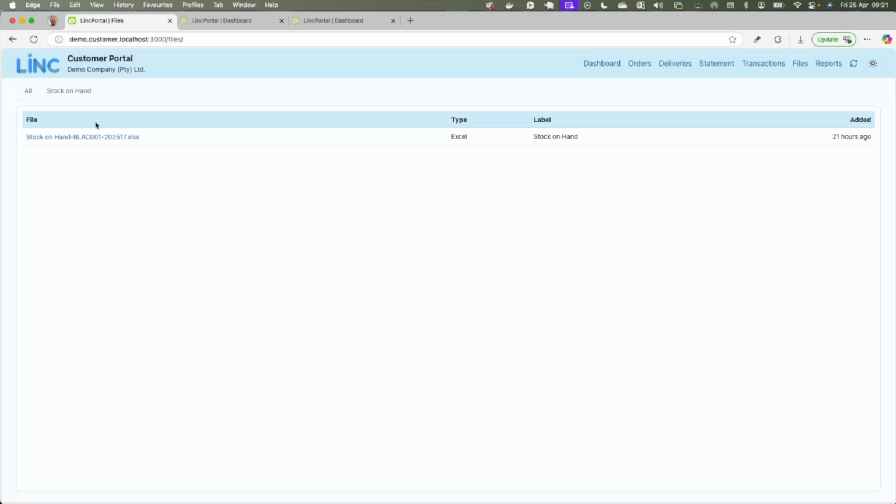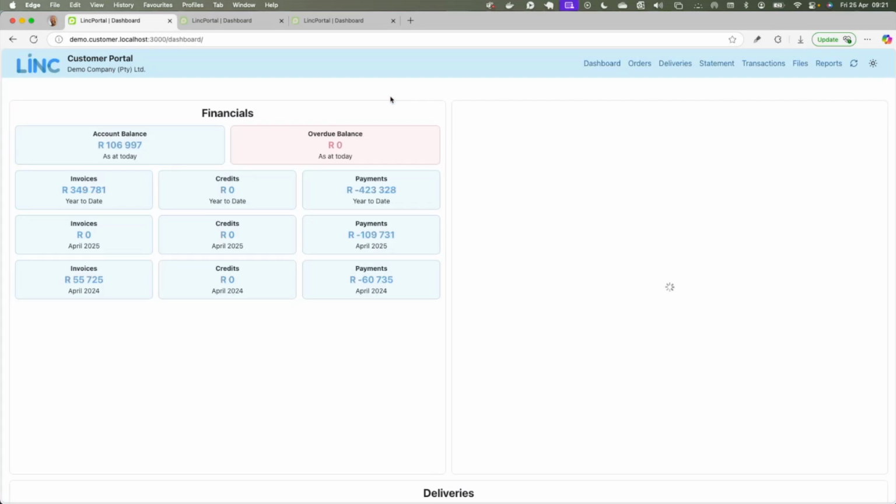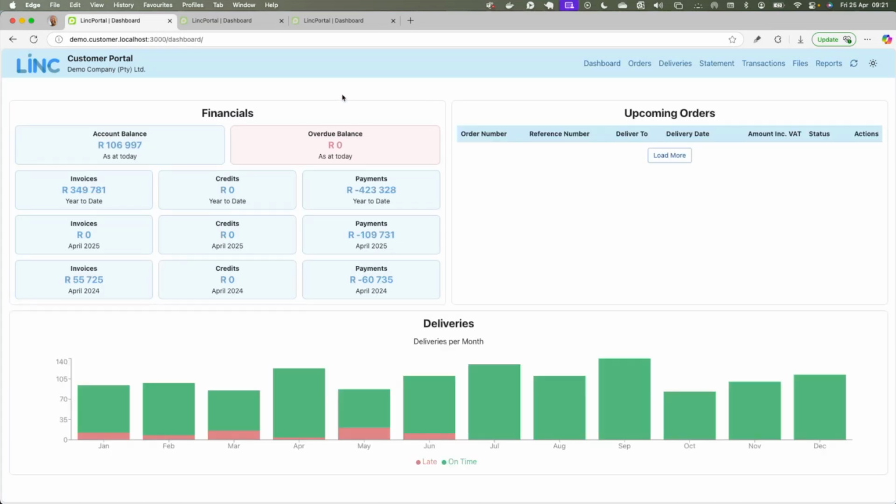This customer here has a stock on hand report for their customers' stock that they ship, and it runs every day and it attaches to each customer card, and then customers simply can come here, click on reports, click on that button and download the report. You're allowed at this stage up to 3 different reports that you can have on the shortcut here, and then your customer has access to any reports that you want to share with them in an easy to find navigation structure. Okay, so that's the customer portal.